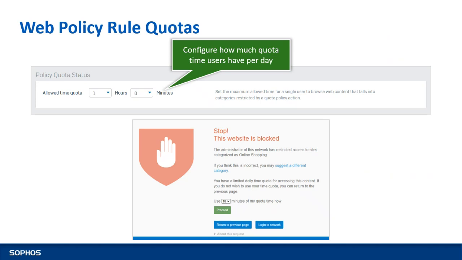All quota activities share the same pool of quota time. When a user accesses an activity with a quota, they are asked how much quota time to use now. This is to prevent quota time being exhausted by websites